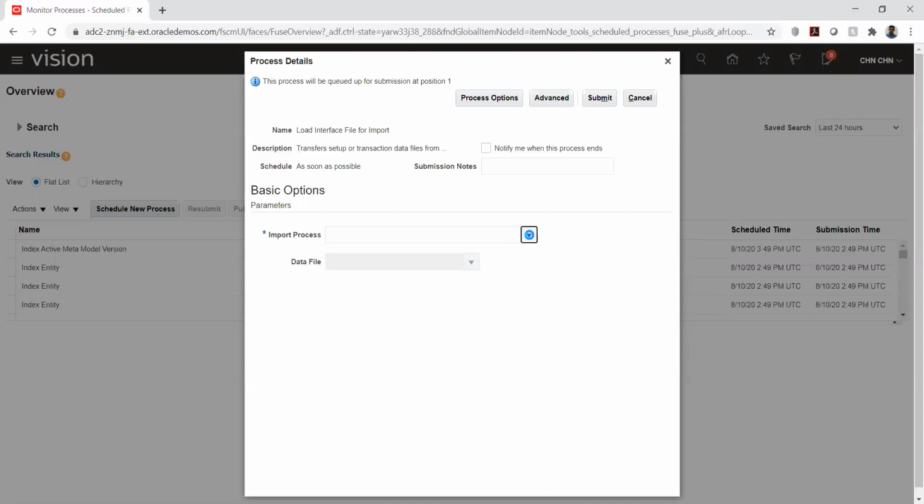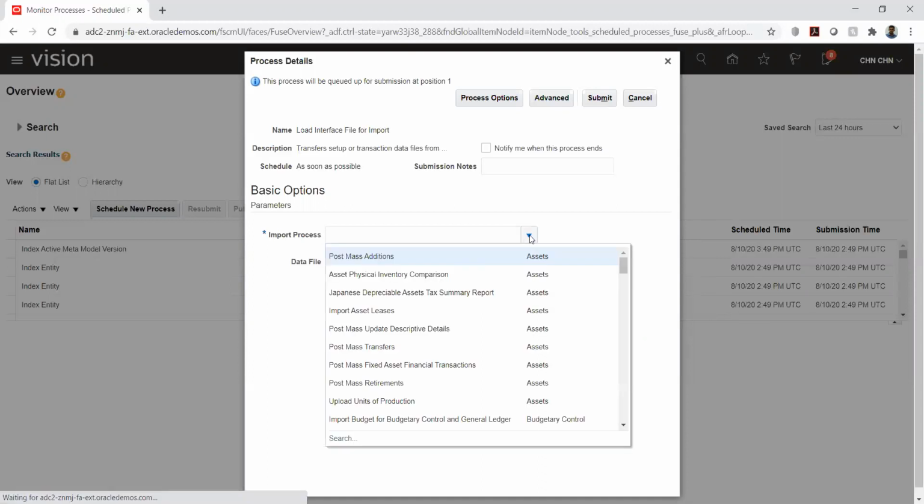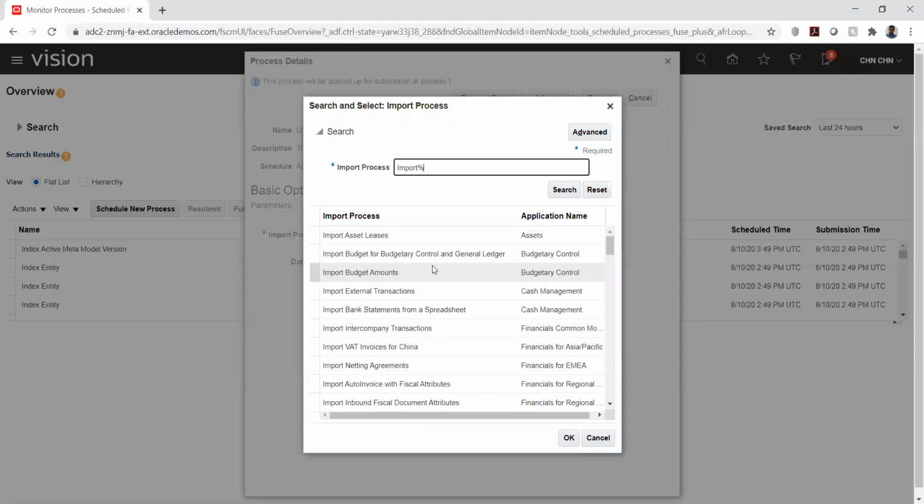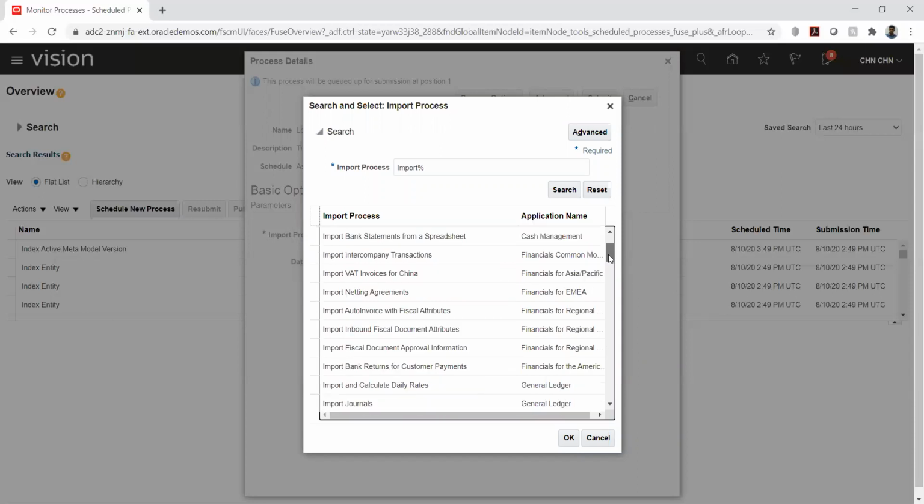So let me select the import program name. Arun, can all data be loaded this way, or for AP invoice do we have to go through a different process? Yeah, AP or AR invoice, everything we can load. Basically it is just a template. Through this template we can load the invoices. The only thing is we have to change the template, but the concurrent program and schedule new process, everything will be the same.